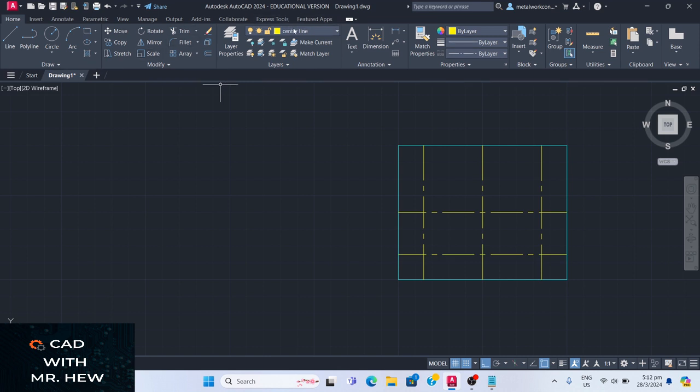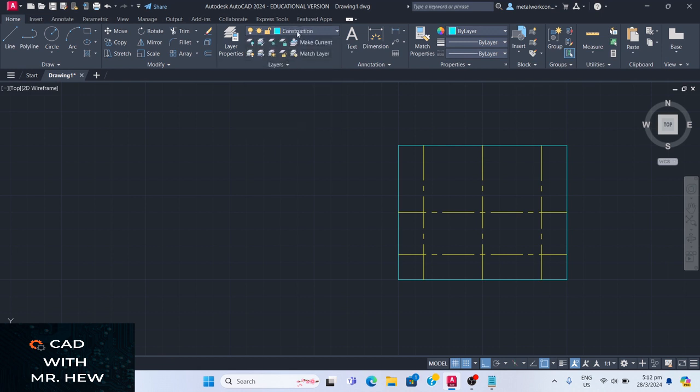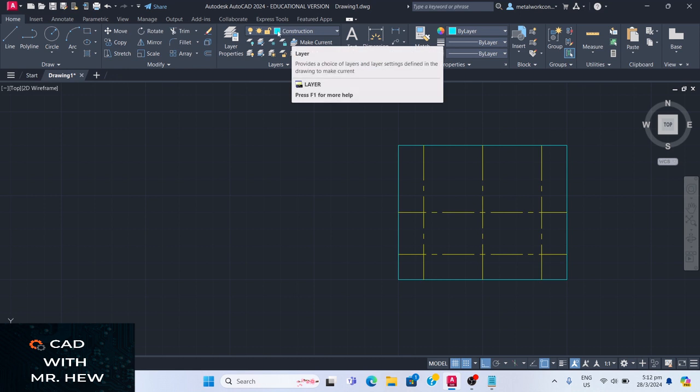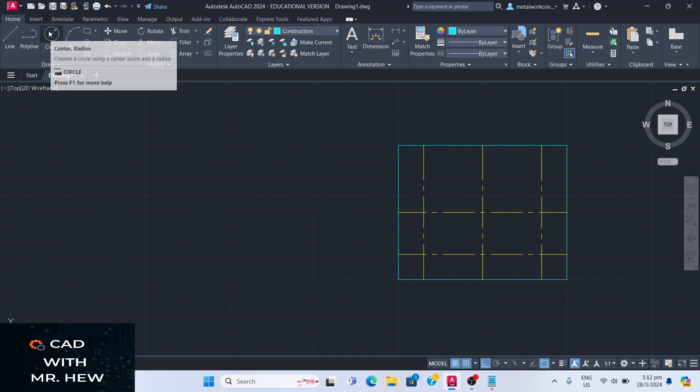So what I have to do, I have to come here, change and go back to my construction layer, right? And how would I know it's my construction layer? Because here it is selected and the color is cyan, right? And how I can do, so I'm going to draw a circle here. So circle,